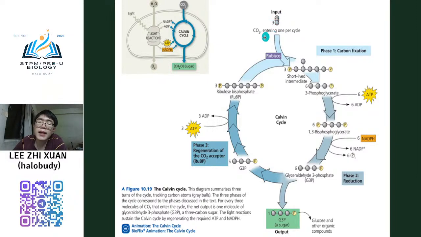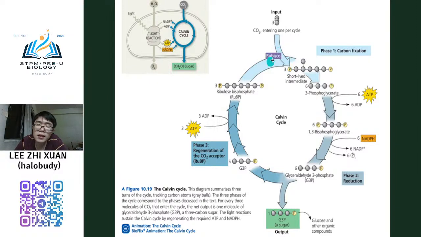So meaning that there are 3 molecules of carbon dioxide here. So there are 3 carbon dioxide entering this cycle. In one cycle, it will only involve 3 carbon dioxide first. So these 3 carbon dioxide will enter